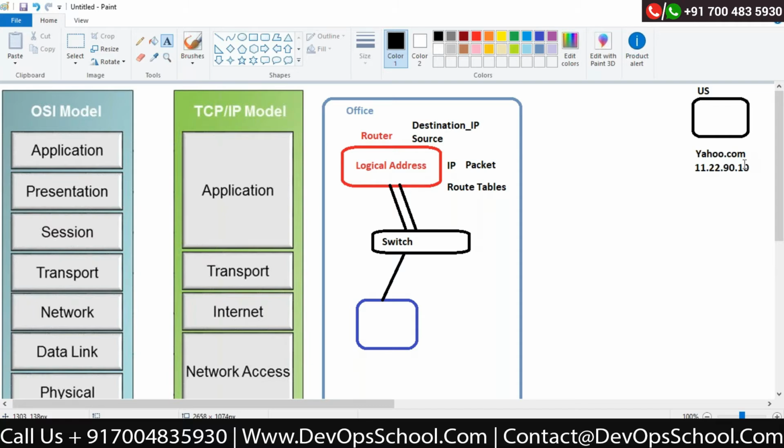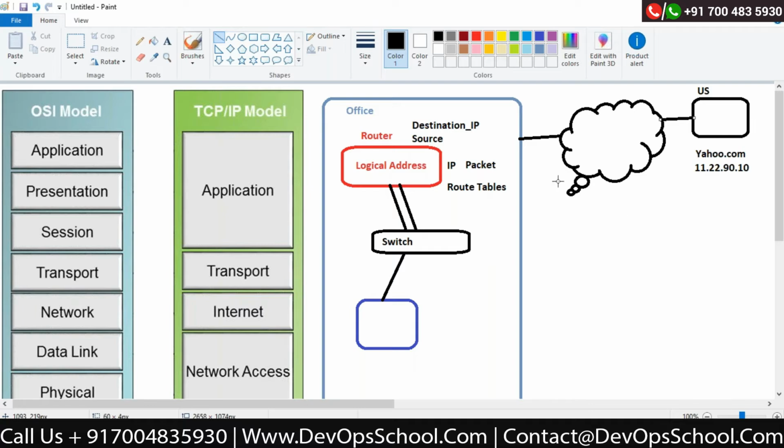Now people ask me, sir, you are trying to go to yahoo.com. Do I need to create a route on my router for yahoo.com? No. Practically, what happens? Your office has an internet connection. Yahoo is also connected to the same internet, correct?